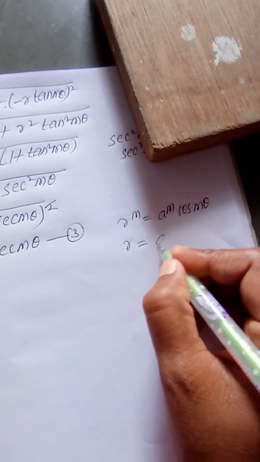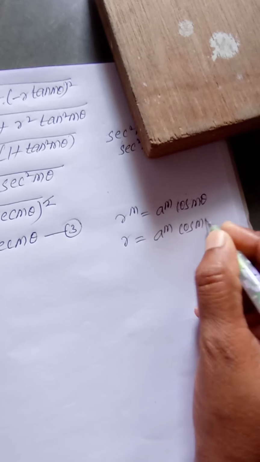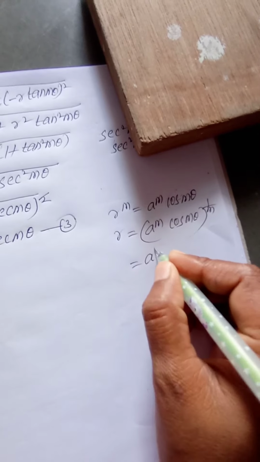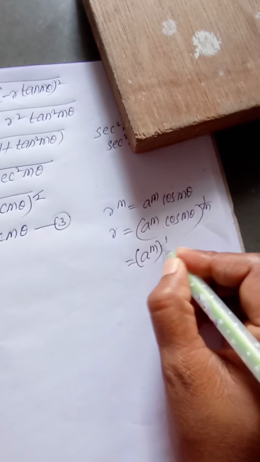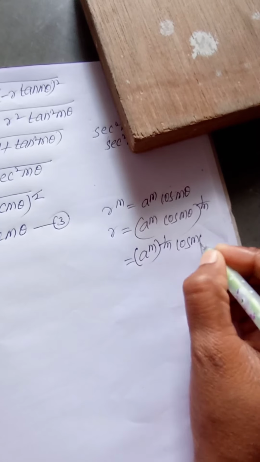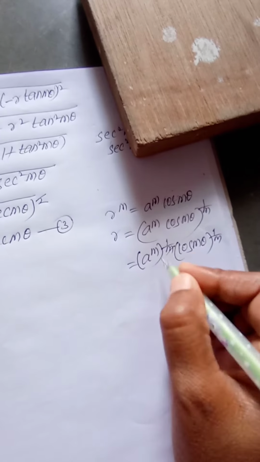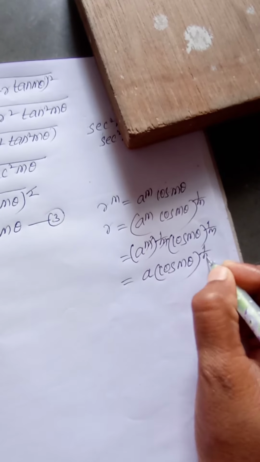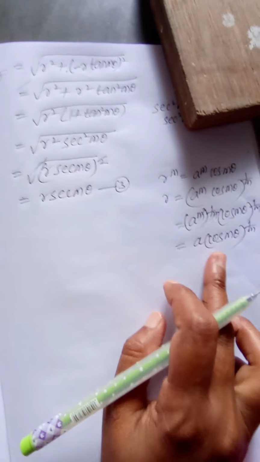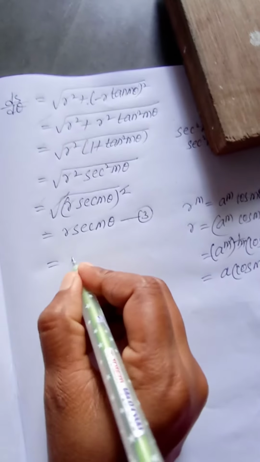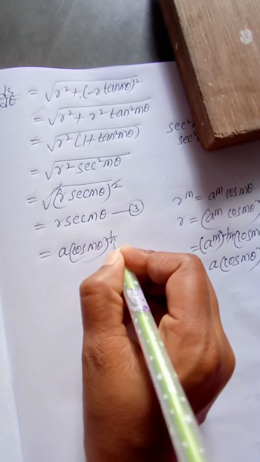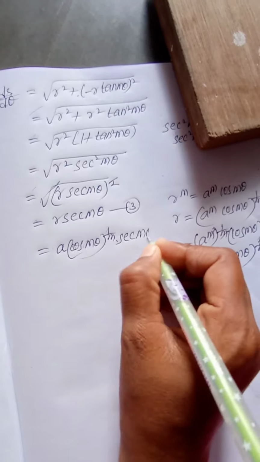So take the r value, transpose the m value to the right hand side of the equation, we get 1 by m. Separate the power 1 by m for both terms: a to the power of m whole to the power of 1 by m, cos m theta whole to the power of 1 by m. So m gets cancelled. So a into cos m theta whole to the power of 1 by m. Here substitute the r value, this is r. So a into cos m theta whole to the power of 1 by m into secant m theta,